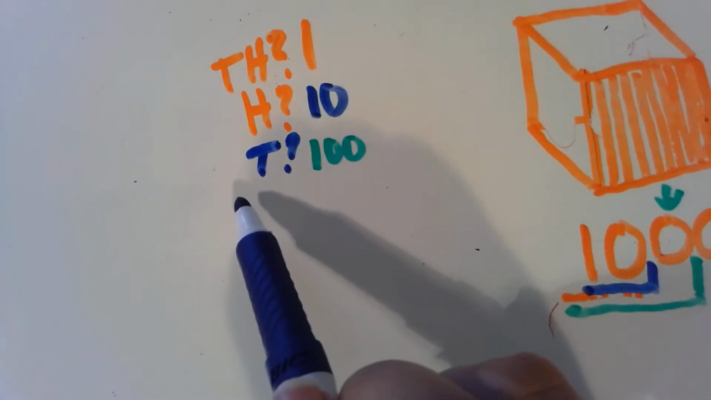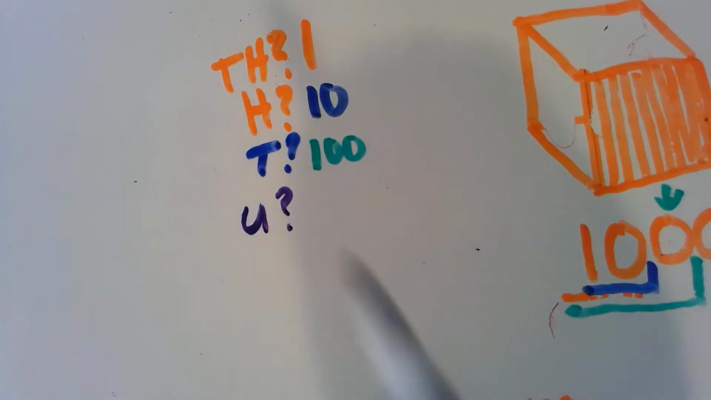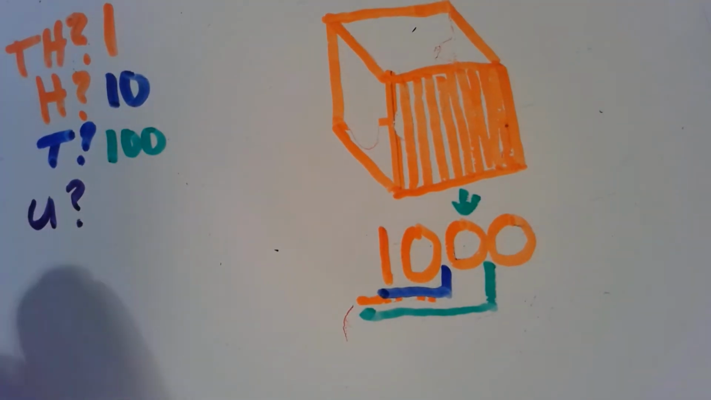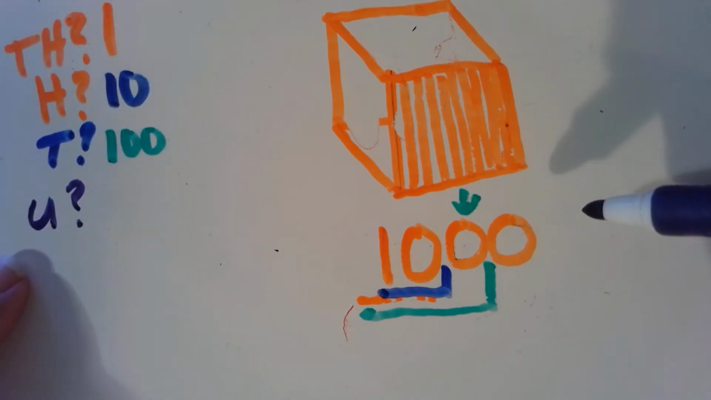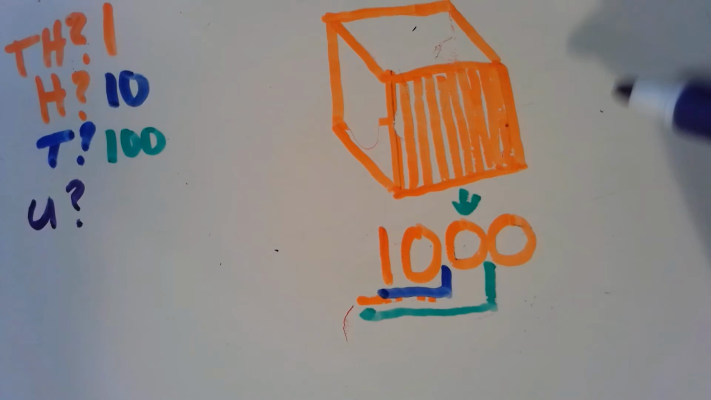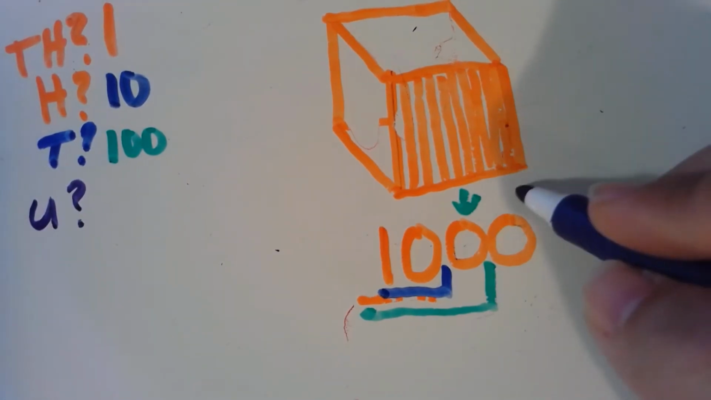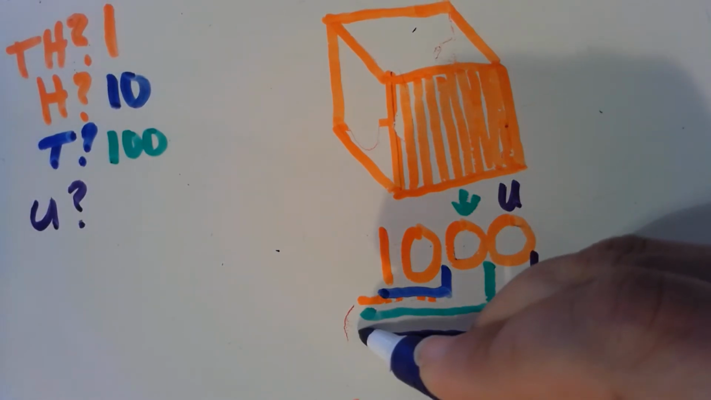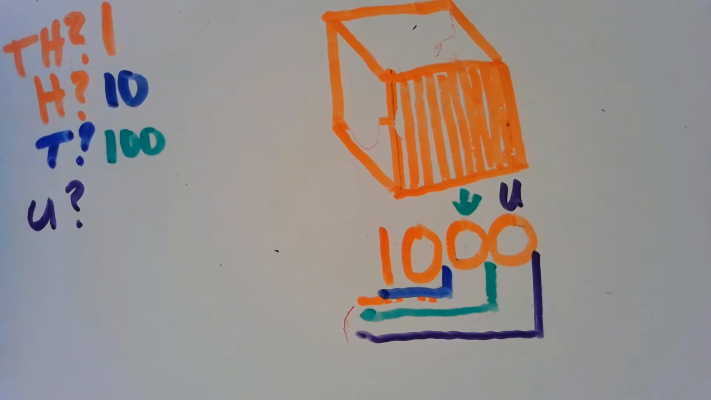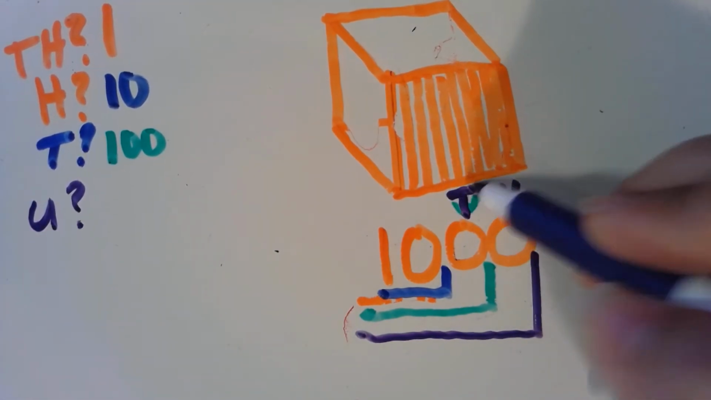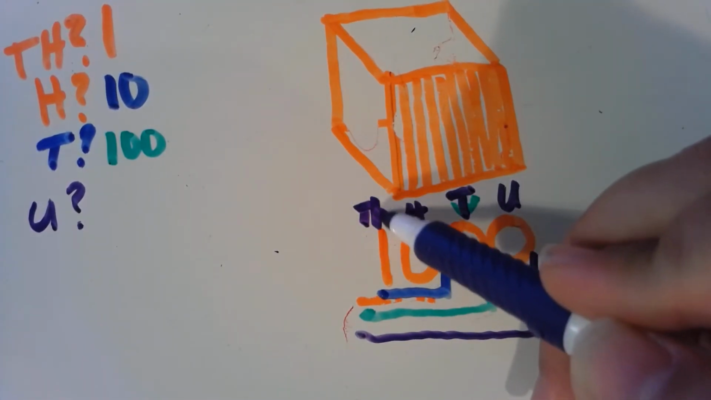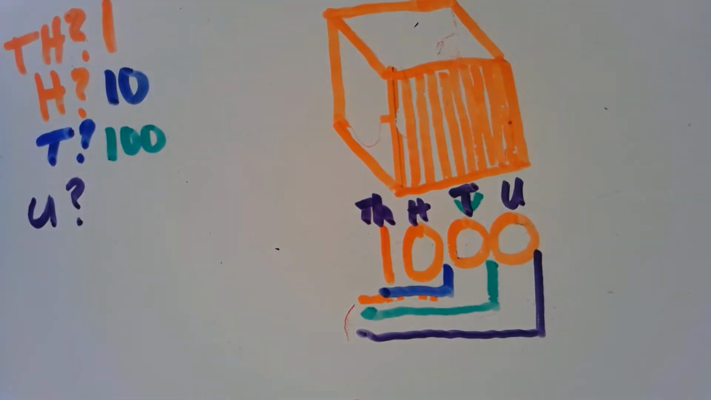And now I want to know how many units, or how many ones. Let's go back to my little trick. If I was to count to 1,000 by ones, I would have to count 1,000 numbers. So I go to my ones position, this is my units, and I know that it's 1,000 units. So this is my tens, this is my hundreds column or hundreds position, and this is my thousands. So in my cube, there are